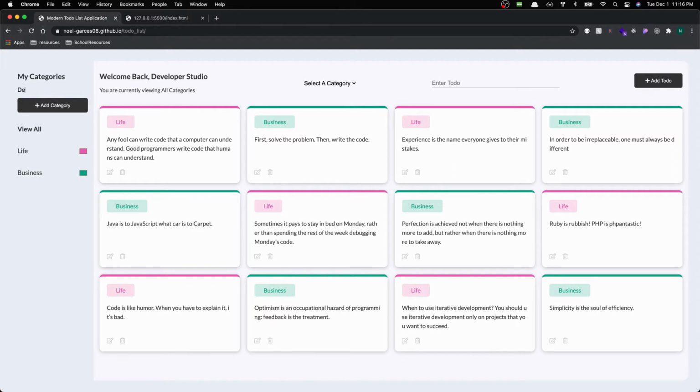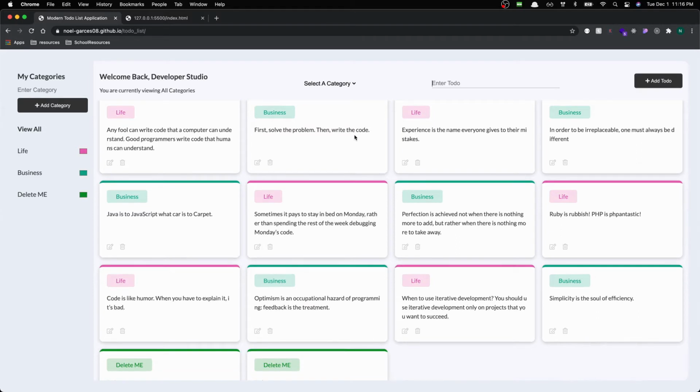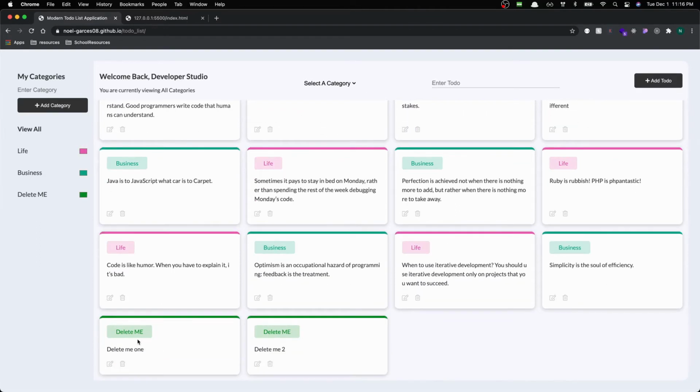So we'll go ahead and add one called delete me. Perfect. Now let's add some to-dos to this delete me one. Let's add one more. Delete me two. Okay, perfect. So now that we've added a category and some to-dos that are associated to this category, let's go ahead and